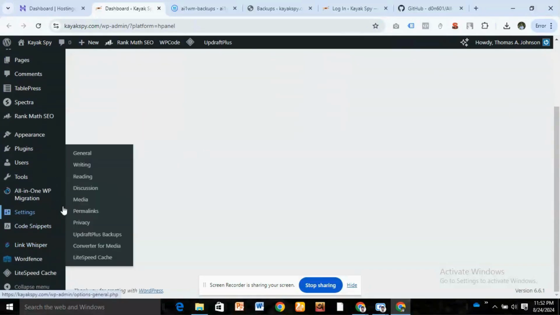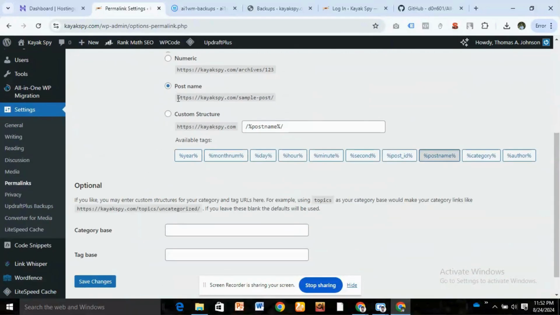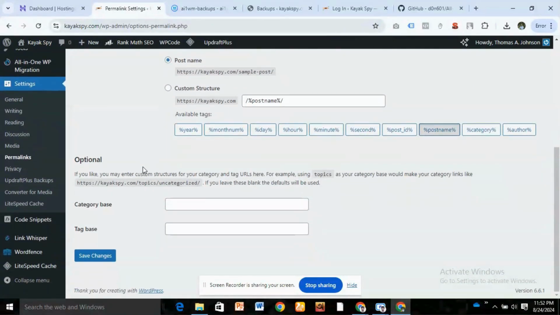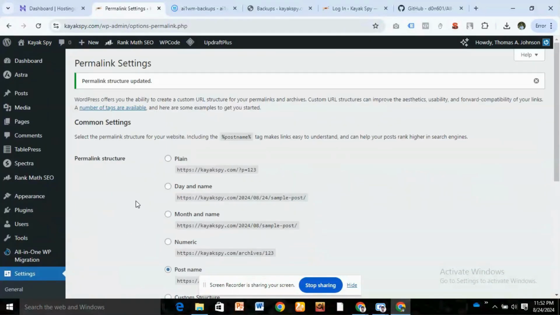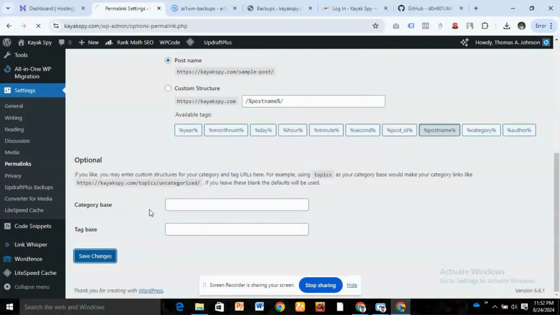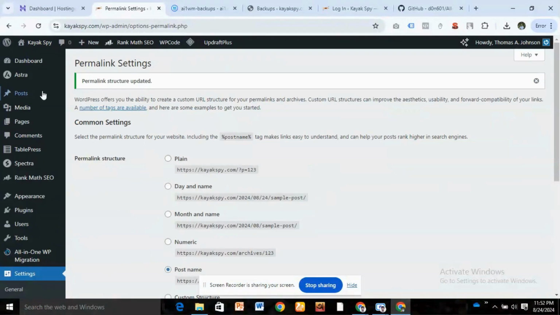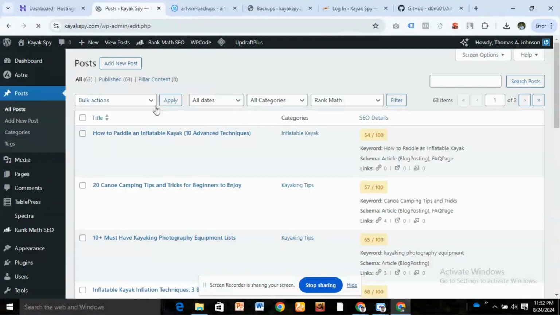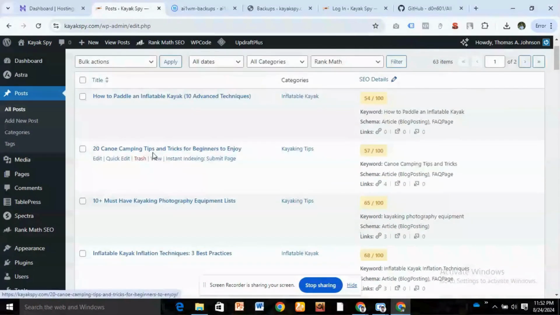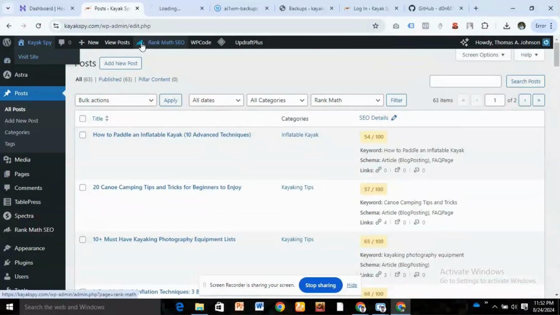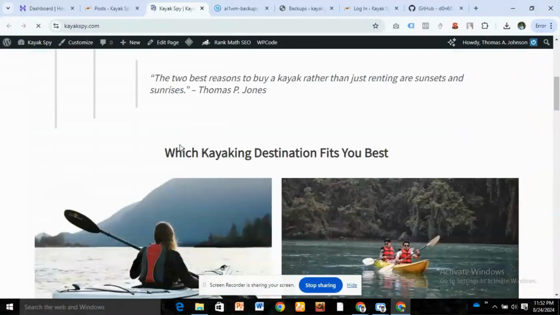Now as you can see, we need to go to settings and permalinks and save changes twice. Okay, now we are all set, and we can see that all our posts are uploaded. We can visit our website, which is completely